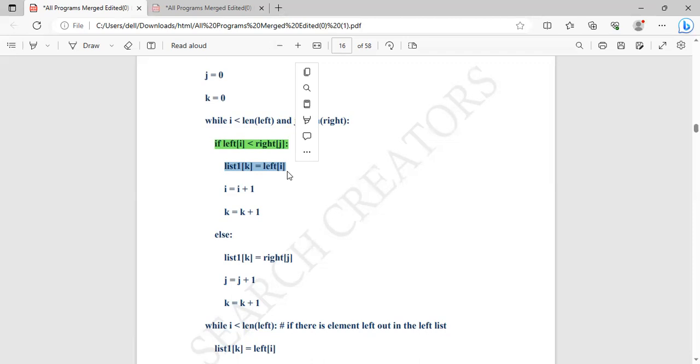So in condition C, if the left value is smaller than the right value, what will happen is left will be printed. That is, left will be put into k. And ultimately k is being printed, so left will be printed in the beginning only. Then what we have to do? We have to increment the i value because we have to go to the next number, and then we have to increment the k value because